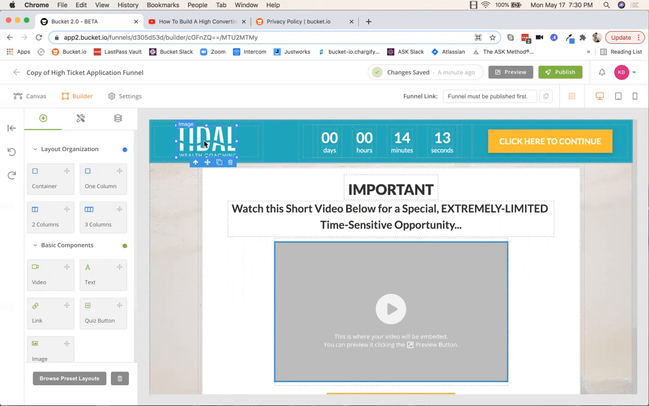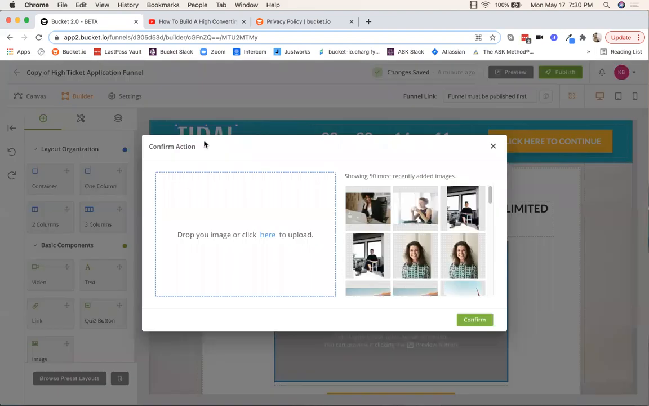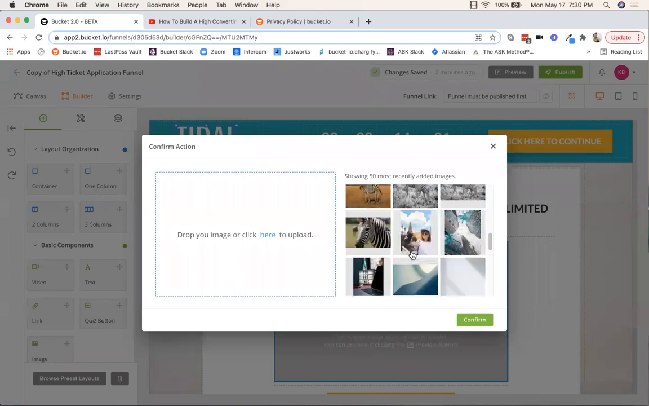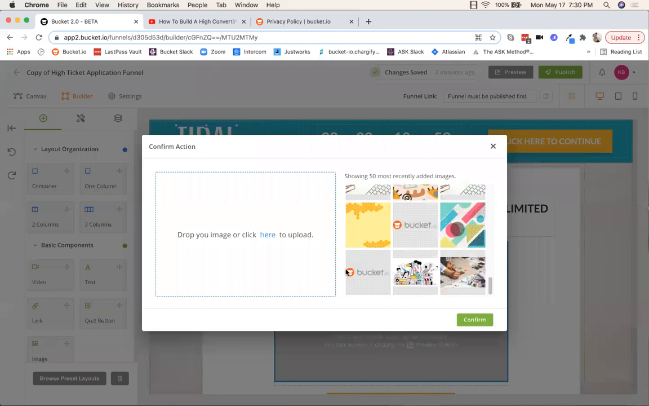If you do happen to have a logo, you just want to double click on it. When you've uploaded a lot of images in Bucket, they're all going to populate right here. So they kind of follow you to every funnel that you're working on. I have my Bucket logo already saved in here, right there. But if you don't have any images in there yet, you can just click here to upload, and that'll grab images from your desktop if you have any folders on there or anything like that. So I'm just going to select my Bucket logo, hit confirm,